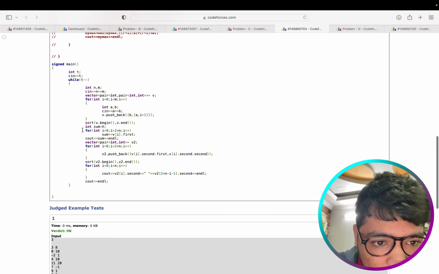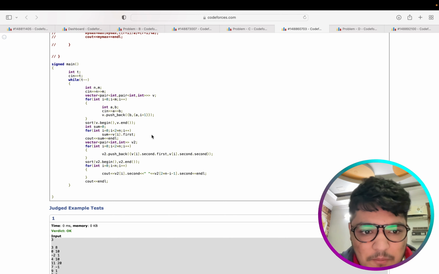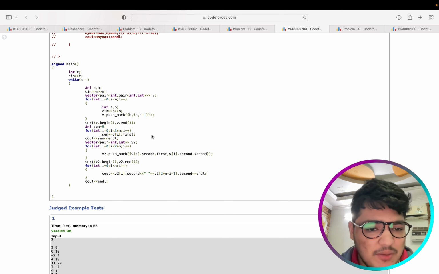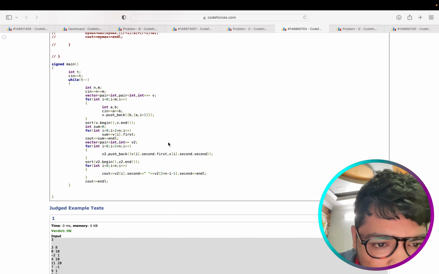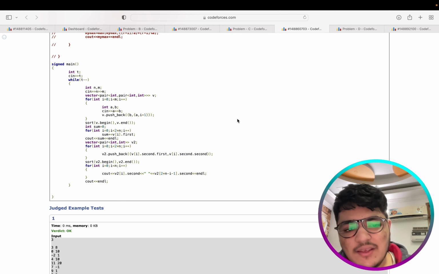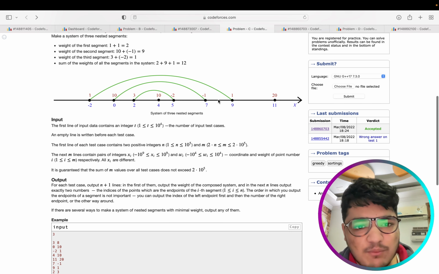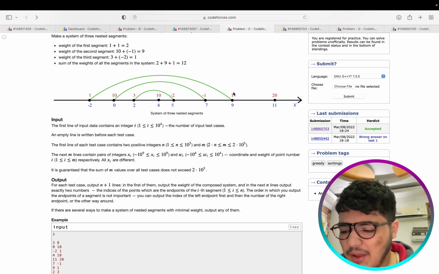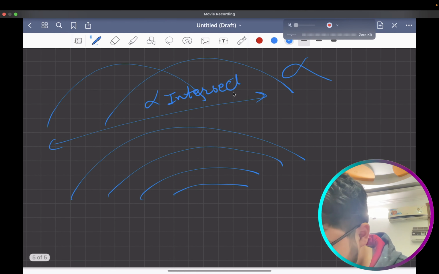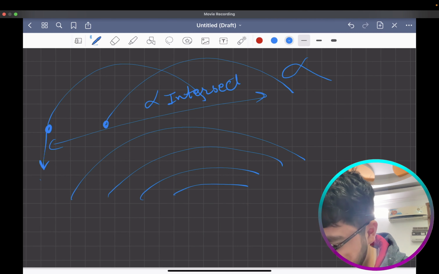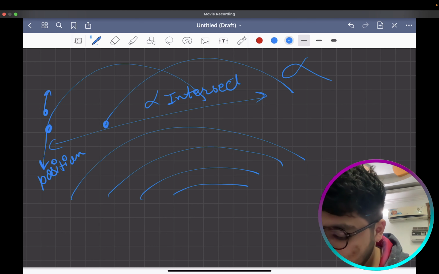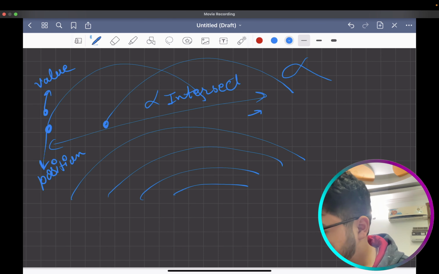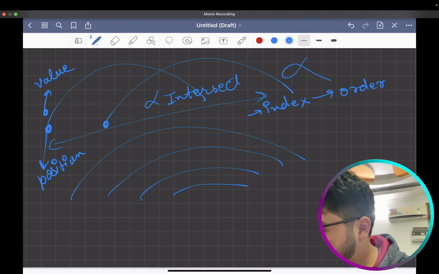Then I calculated my sum. Now it would be minimal because I am taking the 2n minimum possible values. After that I created one more vector and pushed my index and position into it. By index I mean, this is my position, this is my value, and index is the order of the segments